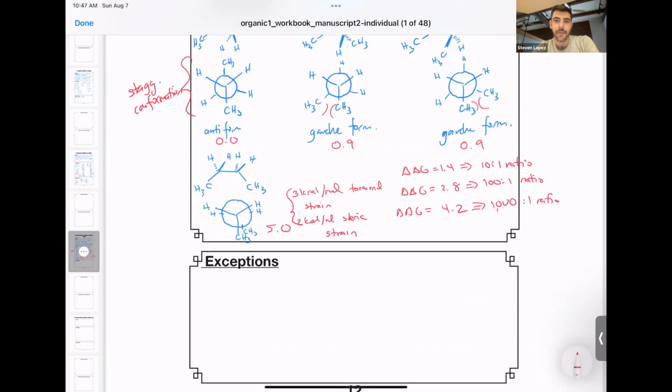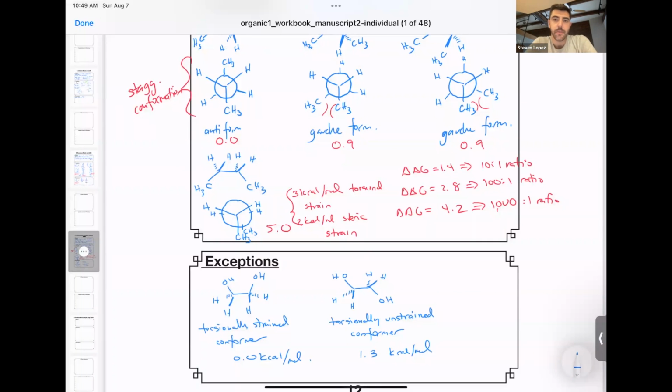Are there any molecules out there that favor torsionally strained eclipsed conformations? Yes, there are. These are usually not covered on the MCAT or maybe reserved for one of the harder questions on exams, but I'll give you an example just so you can see. So in the case of this diol, we have two possible conformers. One where you have torsional strain, the one on the left, we can label this A, and the conformer B, which is torsionally unstrained.